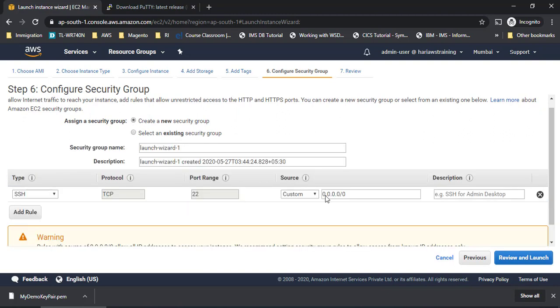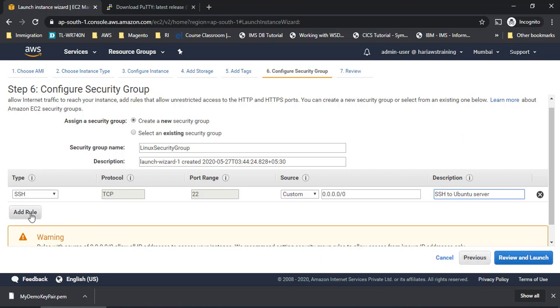So let me create a new security group, let me write it this way, Linux security group, okay? I'm creating a new one here which will have SSH as default, and I'll give any IP for now. I can give some description, SSH to Ubuntu server, okay?